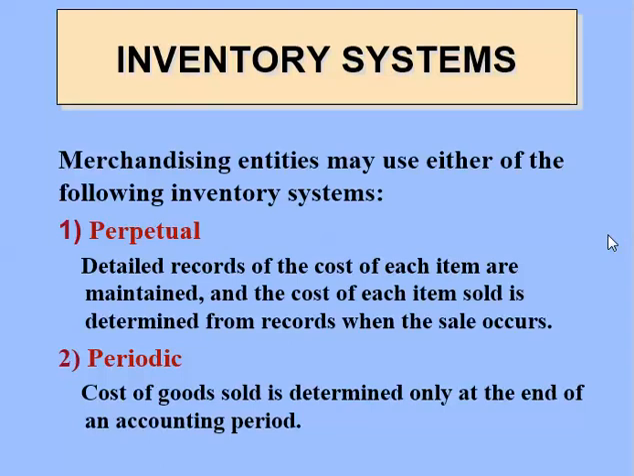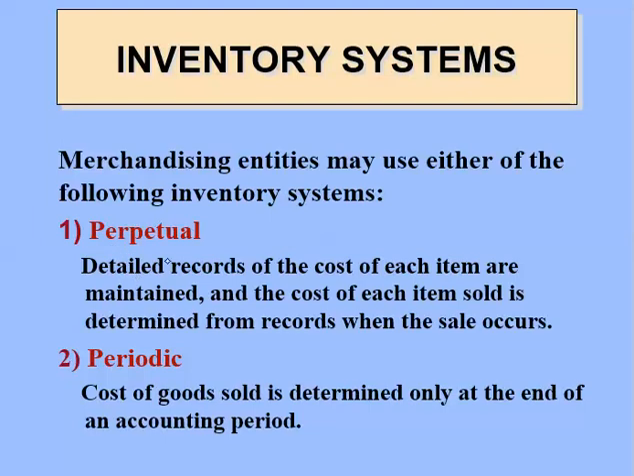Okay, so if we have a merchandising company, we're going to have merchandise in our location. We have to carry inventory that we sell in order to earn a profit. And the way that we account for that inventory is one of two different ways. One way is called the perpetual inventory system that you see here, and the other is called a periodic inventory